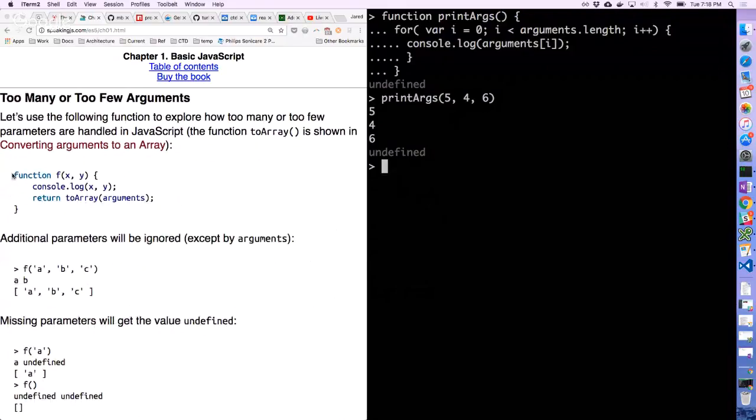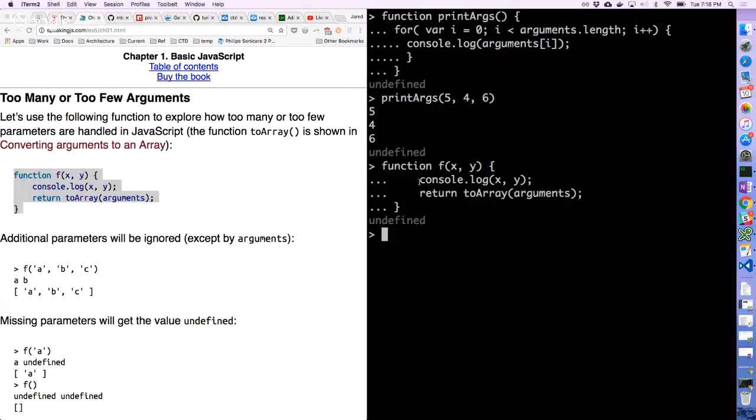This is a little function that helps show what's going on. And maybe I'll just cut and paste it, to save me from having to type that one out. Cool. So all this function is going to do is it expects 2 arguments. It has 2 parameters defined, x and y. And then it logs them out and returns an array of the arguments that were passed in. Now, if we call f with here a, b, and c,